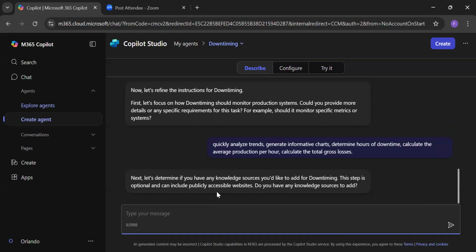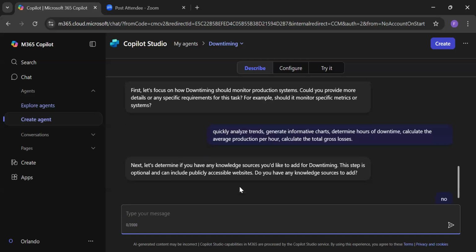So here, you can add any source. Usually it needs a source of data to determine how this will work for your organization. So if you have a database, a cloud database system in your organization, you could equally let it pick information from that source. I do not have any, so I'll just go with no. I just want to show you how it can be configured.